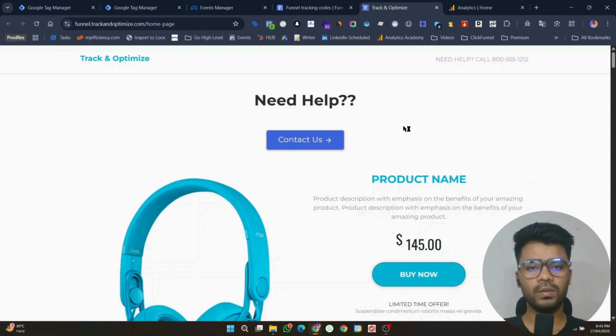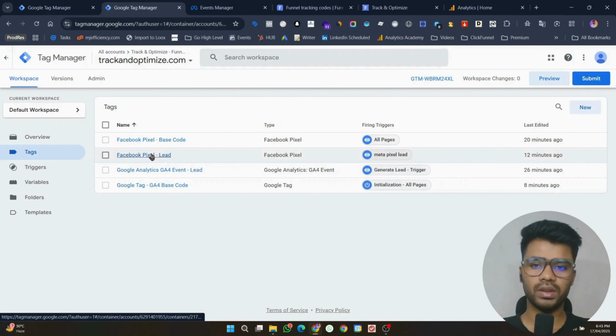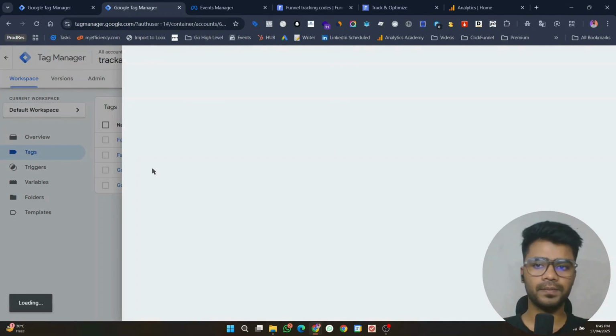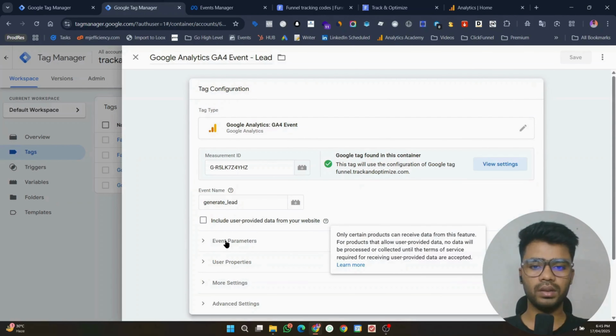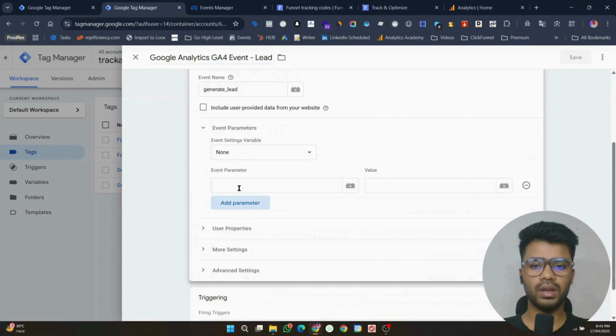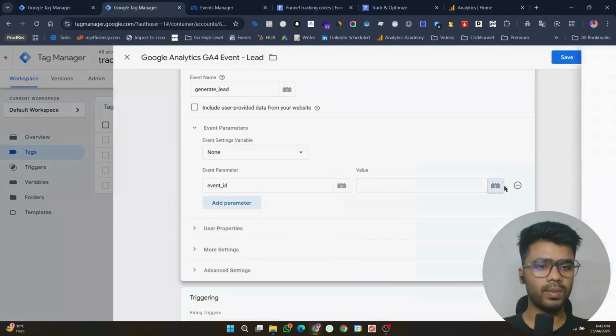So now we will be seeing the deduplication for our lead event. We are already sending data from browser and server, as you can see. This is the browser one, and through this we are sending server. Now what you need to do is come here and, under event parameter, add event. Add parameter. It would be event ID, and go to plus,